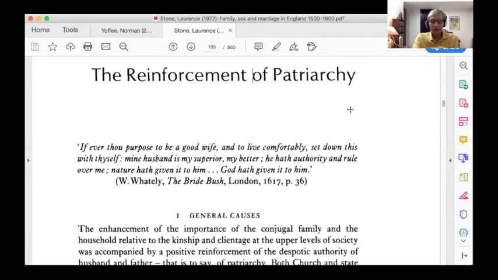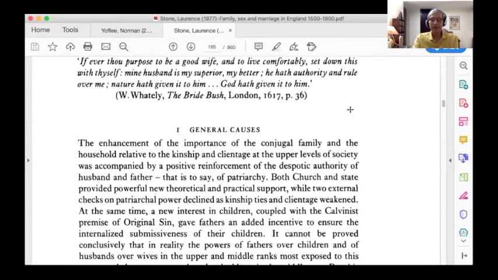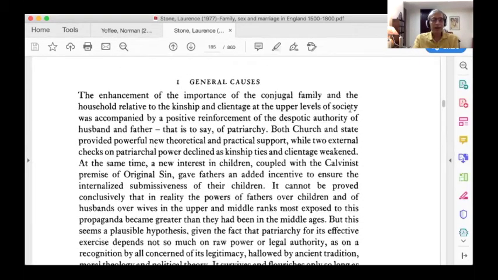Right? I'm not going to read this epigraph, but you will find it relevant. And here he says what is happening by the 17th century is a major shift, a shift in the nuclear family, and the enhancement of the importance of the